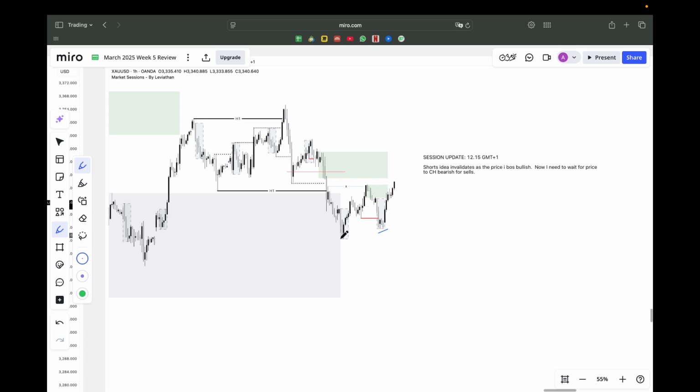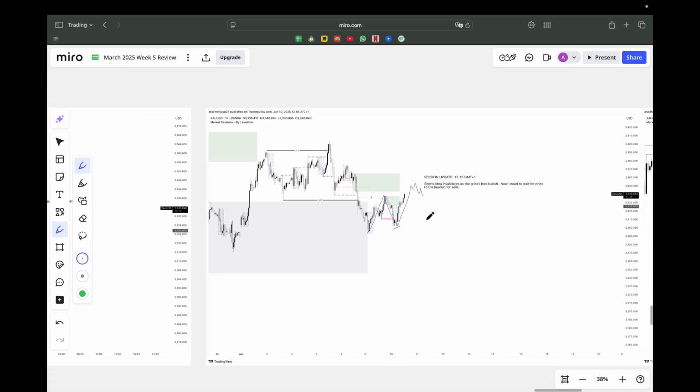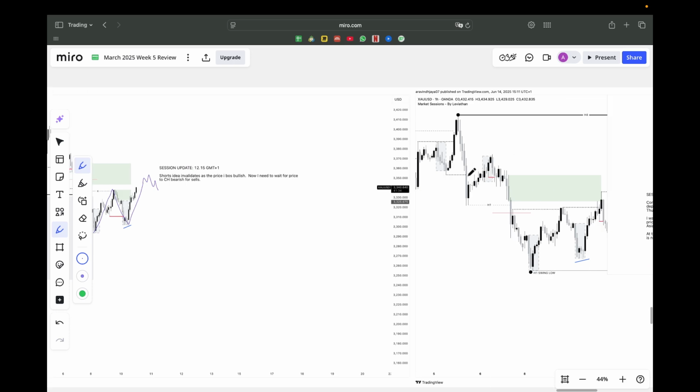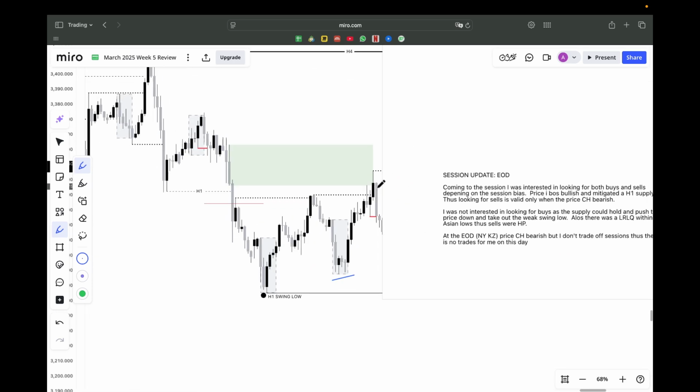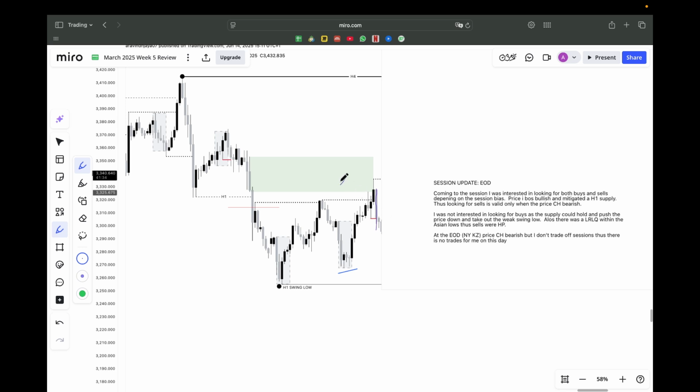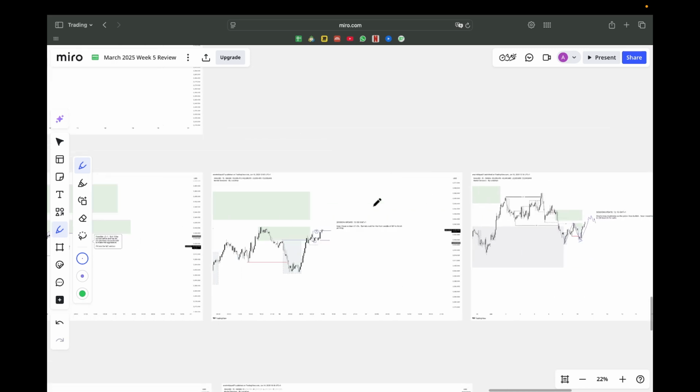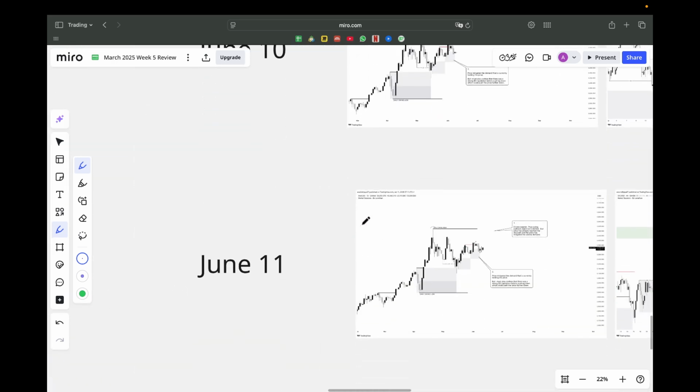So now, technically speaking, price has continued the internal bullish structure. In order to look for sells, what you need to do is wait for the price to CHoCH bearish again, which probably won't happen today because just two more candles are left. So as expected, it happened, but this was the 3 a.m. candle. 3 to 4, we will call the 3 p.m. candle, and price actually CHoCHed bearish after mitigating this supply. So this could have been a very good POI to look for sells, and very good liquidity to target, but I don't trade during off sessions, so I'll skip that one.